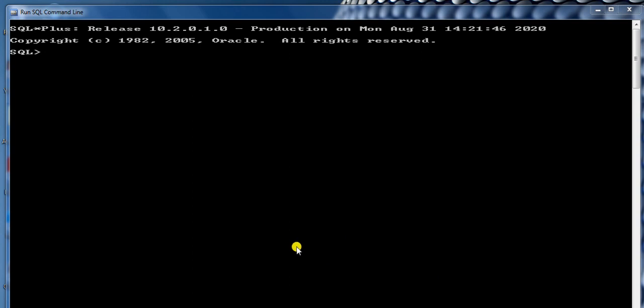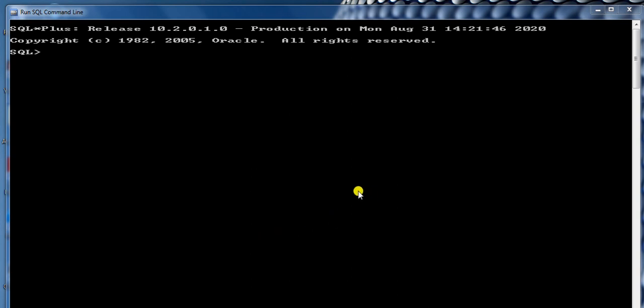Today we'll have the demonstration of all the DML commands. DML stands for Data Manipulation Language. Data Manipulation Language provides 4 commands. First one is insert, second is select, third one is update, and last is delete.